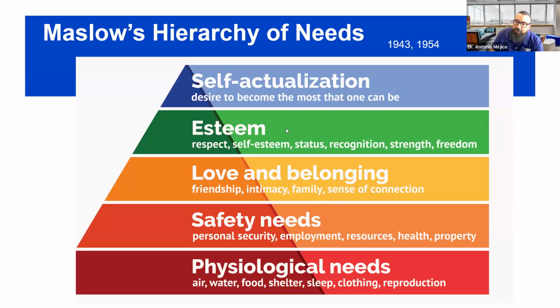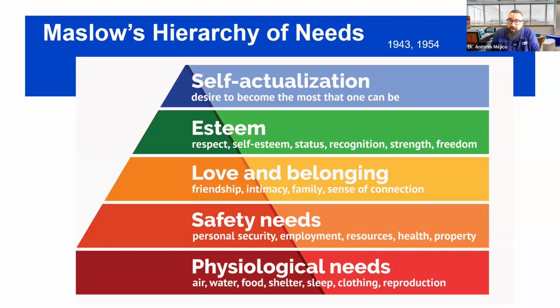Finally, after you've achieved that esteem, Maslow said that then there was this process of self-actualization. At the top of the pyramid was self-actualization. It was the desire to become the most that we could be. That we strove after we had the degree, after you crossed the stage at CBU and became a nurse, you had this desire to be the best possible professional you could be. You wanted to lead the field in your practice. You wanted to maybe innovate in some way. You maybe wanted to work with new clients or new technology, but you're always striving to be the best possible version of yourself that you could, right? Remember, it sounds like that theorist, right?